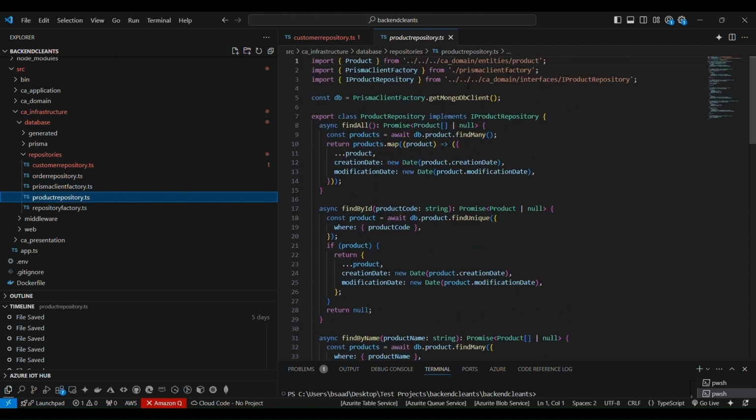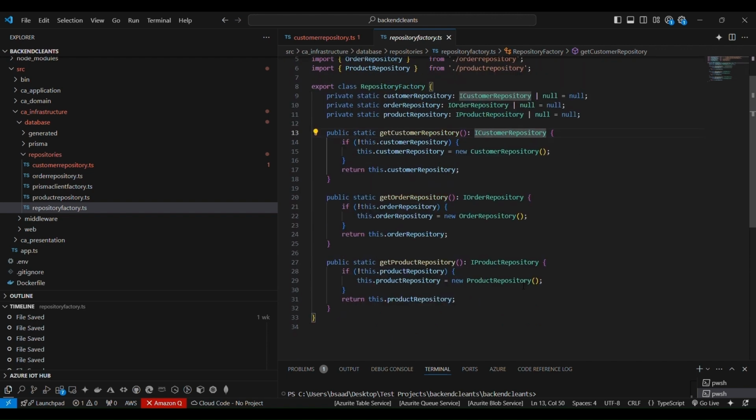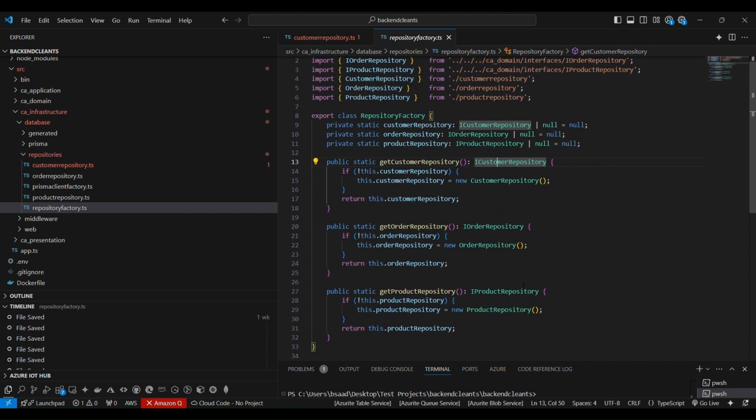And similarly, we implemented the product repository and it implements the IProduct repository contract. Finally, we have another factory, the repository factory, that imports all of the contracts and the repositories. The objective of this factory is to provide an object of the repository class. It has three methods, one each for customer repository, order repository and product repository. Get customer repository returns an instance of customer repository,